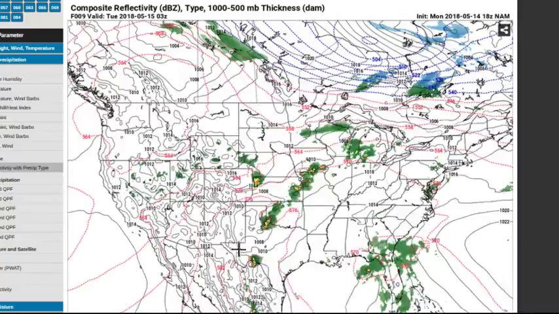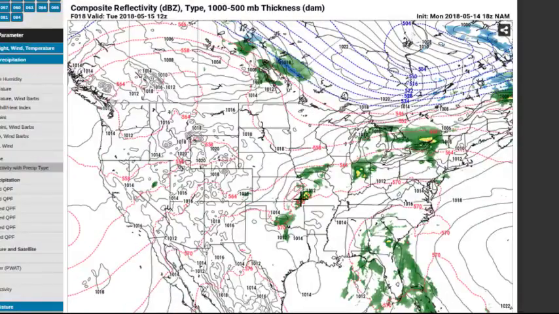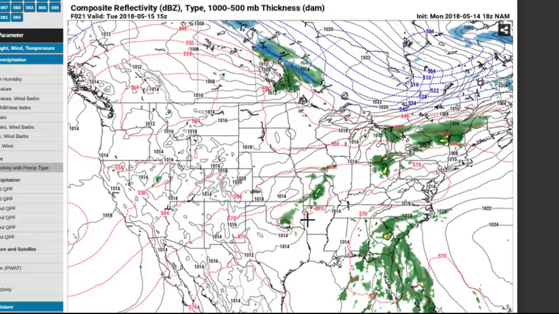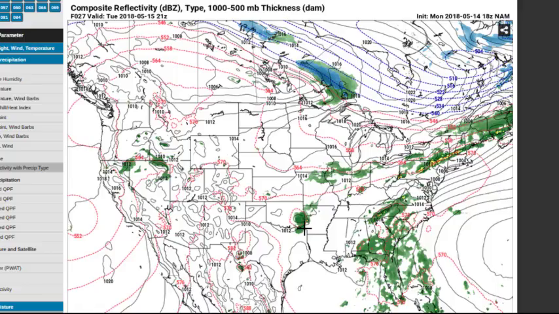All right, so let's see what's going to happen tomorrow. Okay, starting out around dawn, there we go. Not a whole lot going on. It looks like the NAM is a little bit less aggressive with that MCS there in Kansas. But as the afternoon goes on,